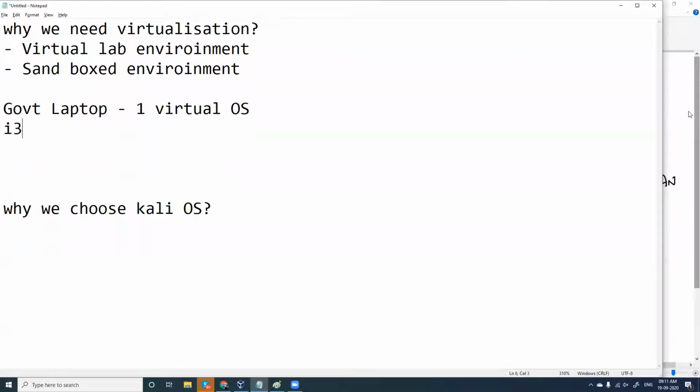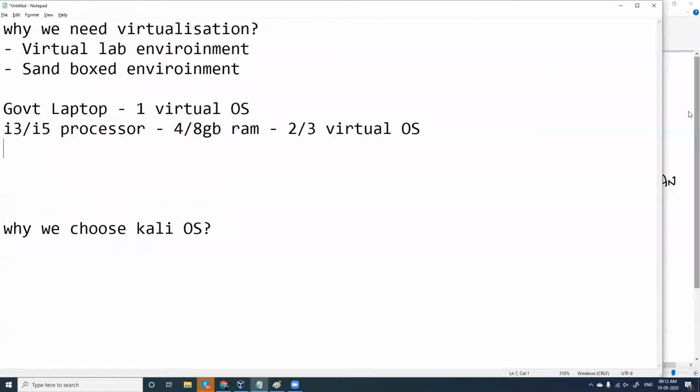If you have an i3 or i5 processor with 4 or 8 GB RAM, probably you can try running 2 or 3 virtual OS. If you have an i7 processor with 8 or 16 GB RAM, then you can go for running 4 to 5 virtual OS at the same time.